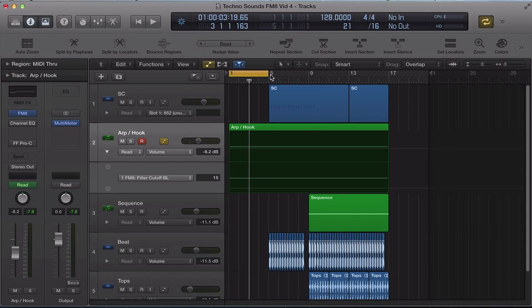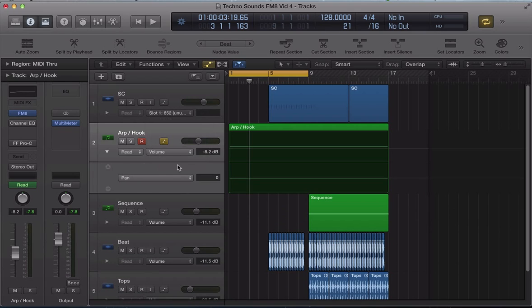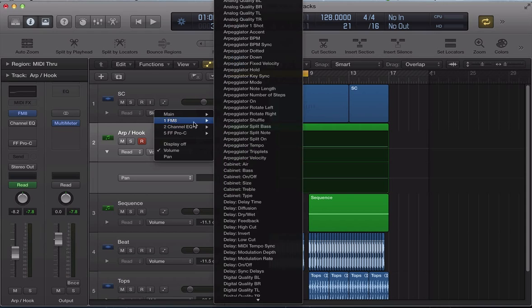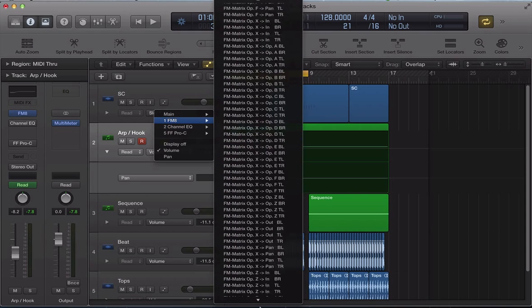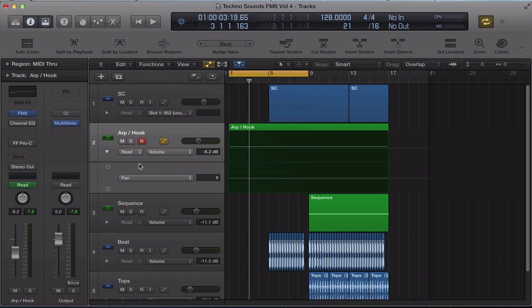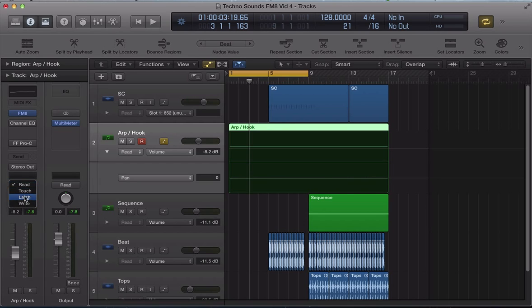And obviously with a sound like this, it's great to automate something like this, and something you can do in Logic Pro for automation. So if we hide this automation for now, when you go to automate FM8, you get this long list of parameters that's quite extensive, so you can automate all these things in FM8. So rather than trying to search through that list of parameters to automate, we can just put the synth into latch mode, or automation mode into latch mode, and